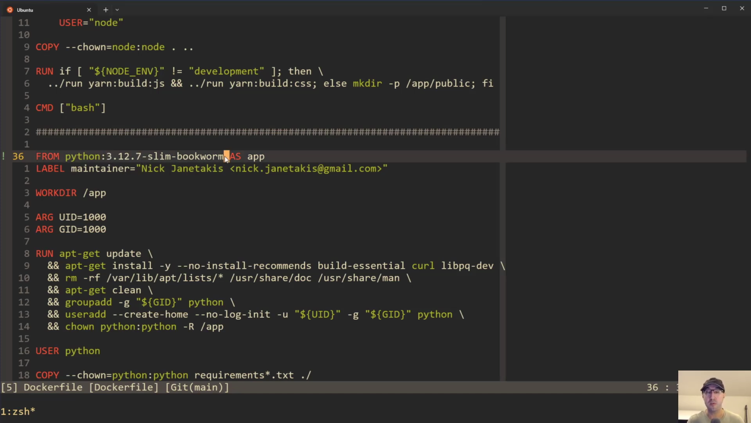Now, when it comes to the official Python image, these tags are mutable, meaning they can change over time without you explicitly changing this tag. For example, if you were to build this project today and then build it 3 months from now, chances are you're going to get a slightly different image 3 months from now. Maybe you're going to have 3 months of security patches rolled in, but once in a while, there are breaking